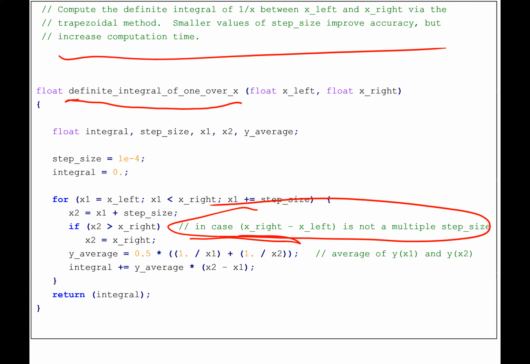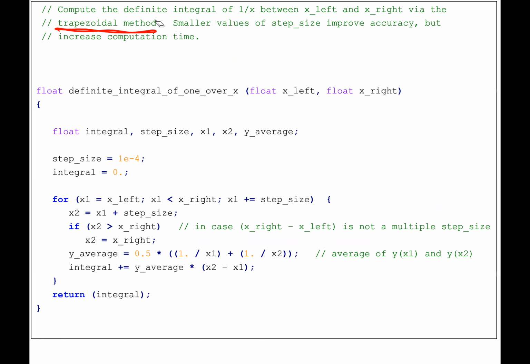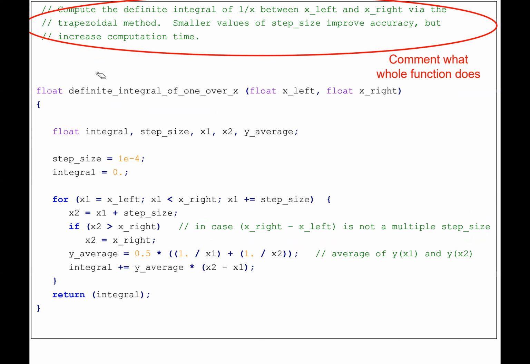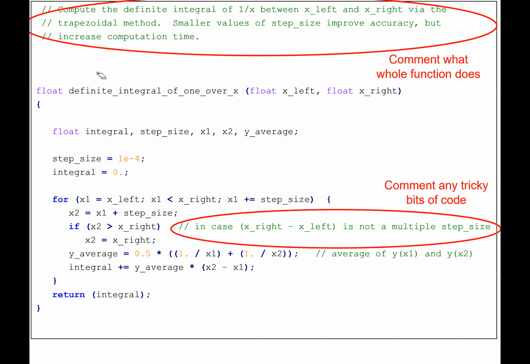Why am I doing this tricky if statement? And I'm using the trapezoidal method, which averages the y values on both sides of the interval. Okay, that might take me a while to figure out if I didn't comment it. So write good comments. Okay, whole function, every function in your code, comment it, comment the tricky bits of code.